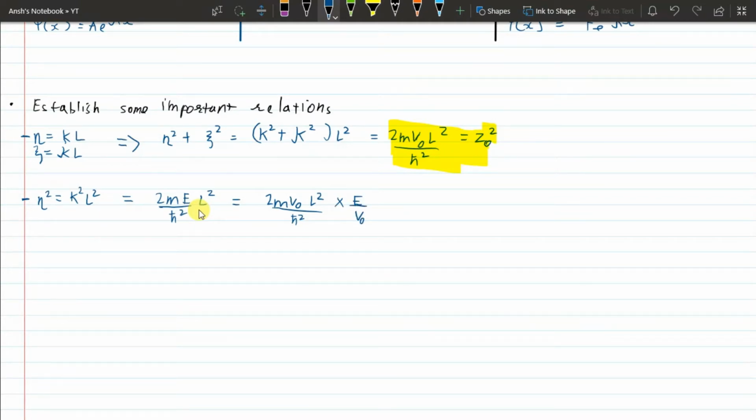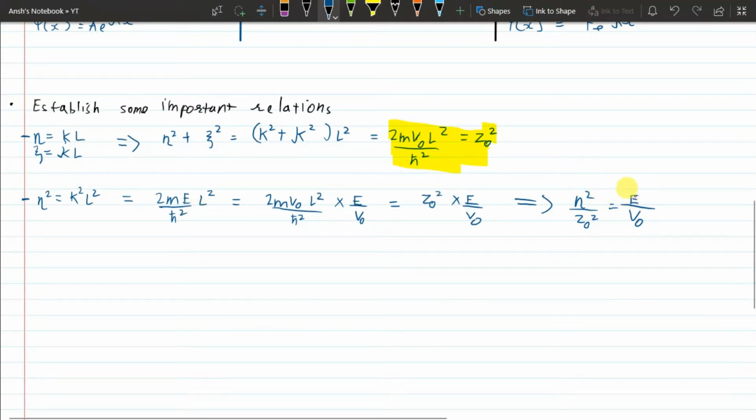and the first term in the multiplication is simply z naught square. So we have z naught square into E by V naught. And then taking the z naught square on the left hand side, we have eta square over z naught square is equal to E by V naught. Now this relation is